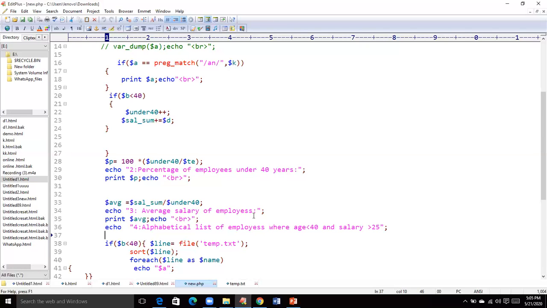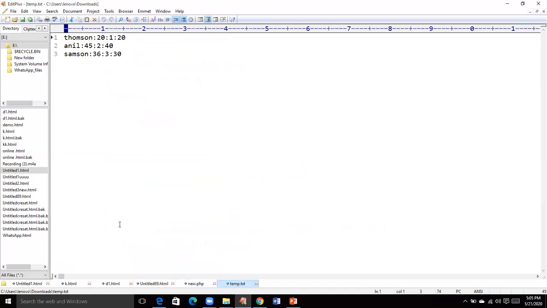Next, we have to display the alphabetical list of employees where age is less than 40 and salary is greater than 25. So I have to put this condition: age, that is B, and salary, that is D. In the file, the people less than 40 are Thompson and Samson, but when it comes to salary, only one condition will be true, that is 30.